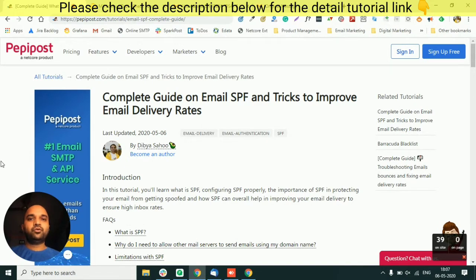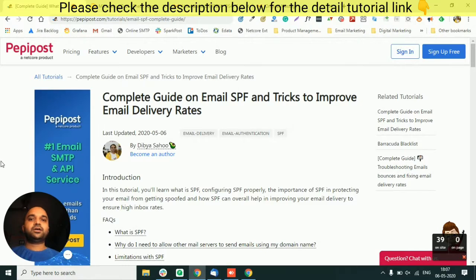So I will go with the basics of SPF first, then I will go into the detail of how to do the setup of SPF and why it's so important. So what's SPF? It's known as Sender Policy Framework, as I said. This framework was designed by RFC long back, and if you go to the RFC articles, you will be able to see the SPF framework. There is a website called OpenSPF where you will find all the syntax and related things about SPF in detail.